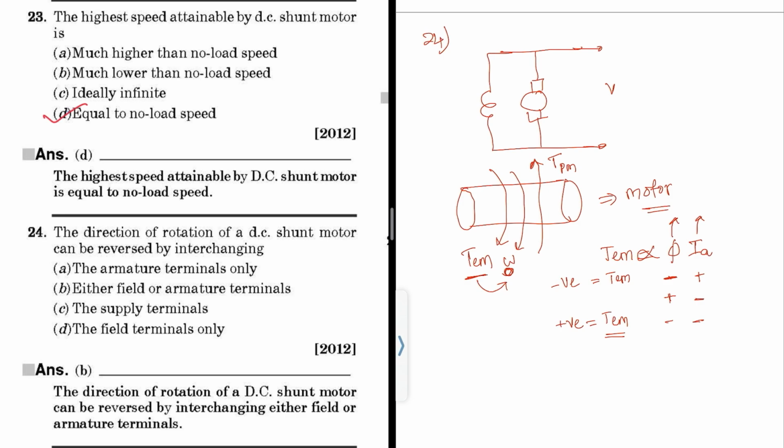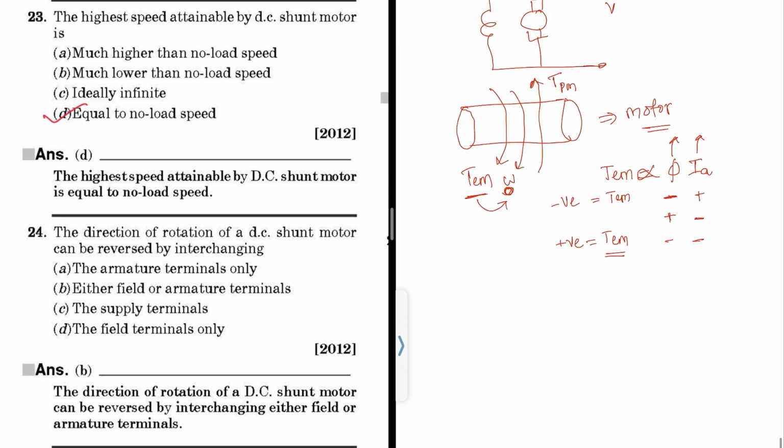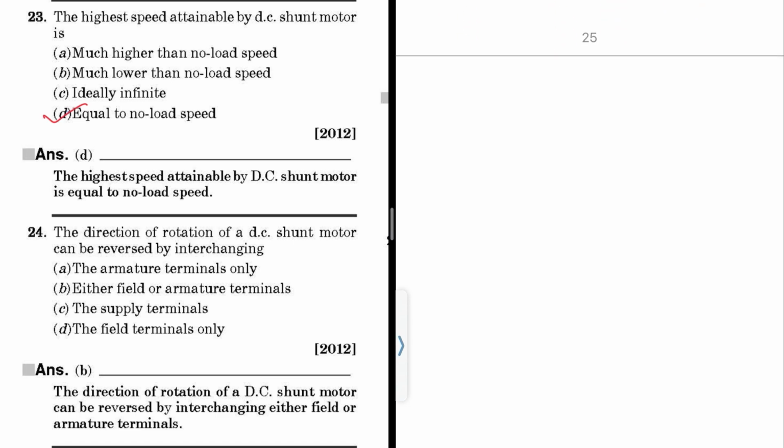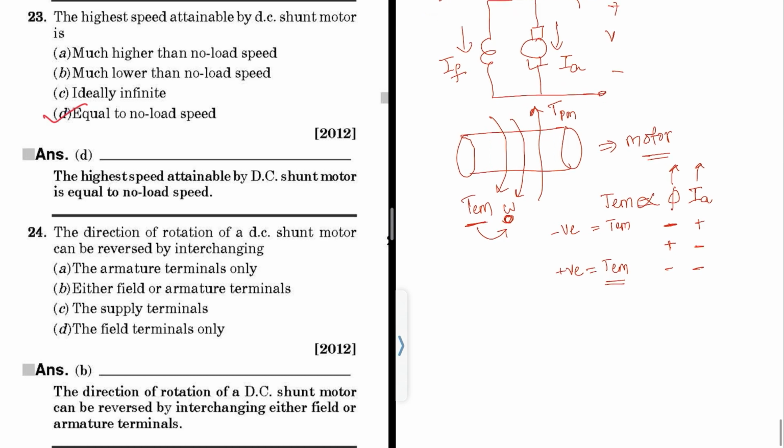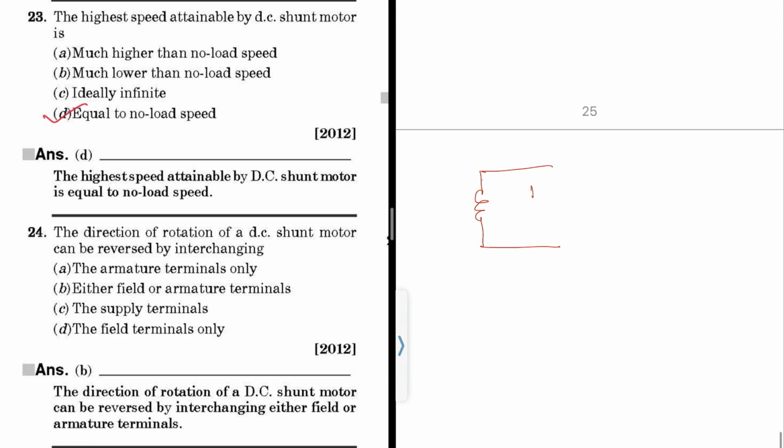So either you change the flux value or you change the armature current value. Okay, so what I will do, this is the flux. In general, armature current is IA, and this is the field current, right? And this is the supply current. And this is positive and this is negative. So the same thing, this is the motor, right? So what I will do,